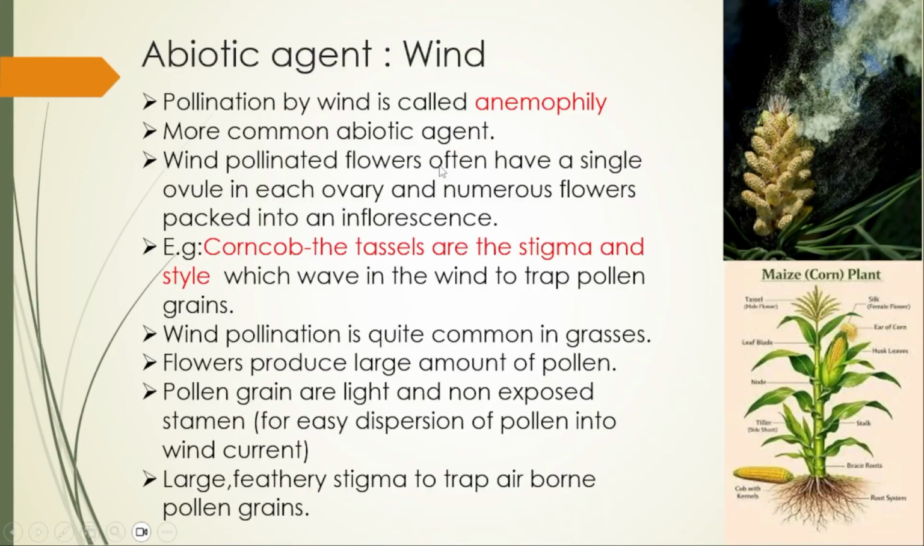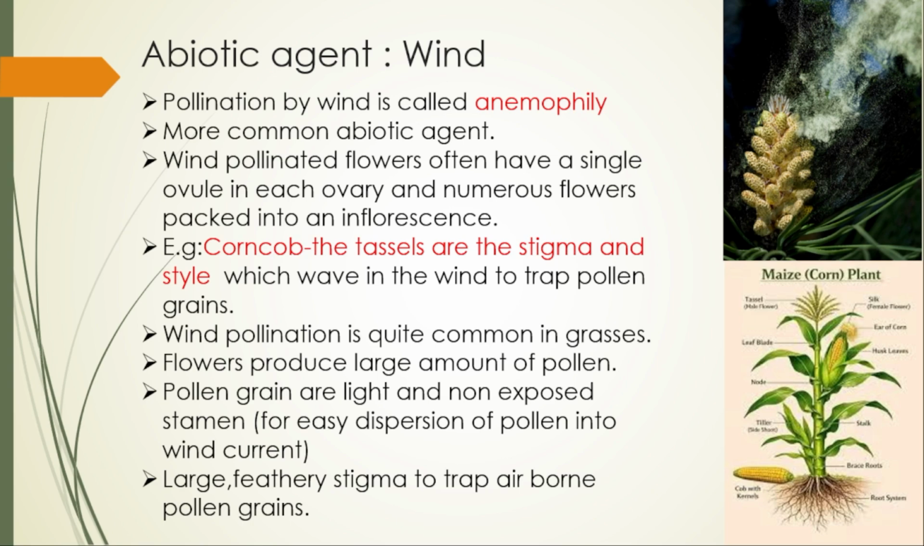So here, the first abiotic agent we are going to talk about is wind. Pollination by wind is called anemophily. Just now I said, it is the more common abiotic agent. Wind pollinated flowers have a single ovule in each ovary and numerous flowers packed into the inflorescence. Usually, there will be a single flower having only one ovule, but the flowers are packed into the inflorescence in a bunched form, so that